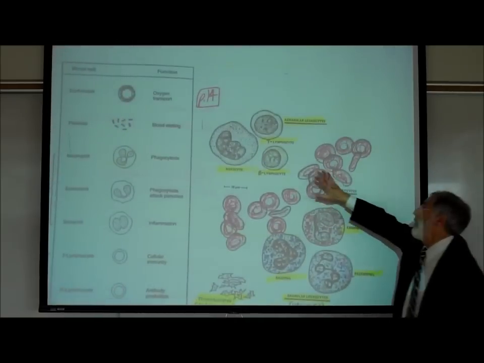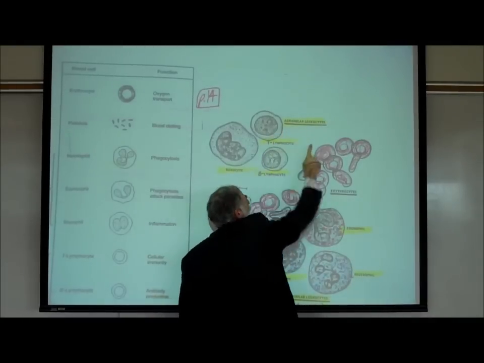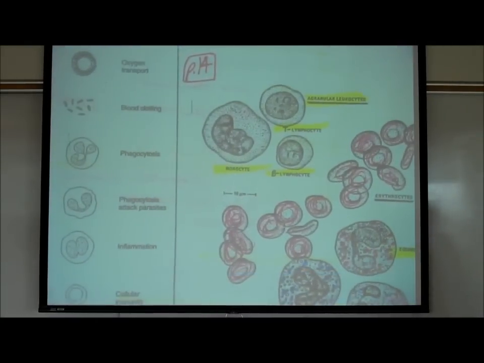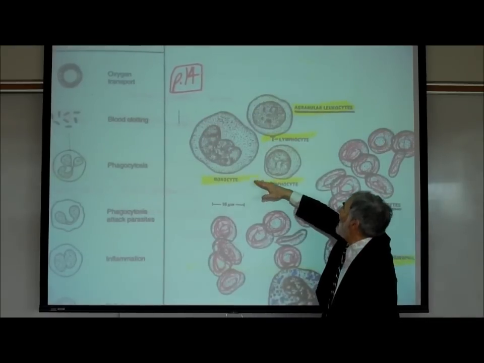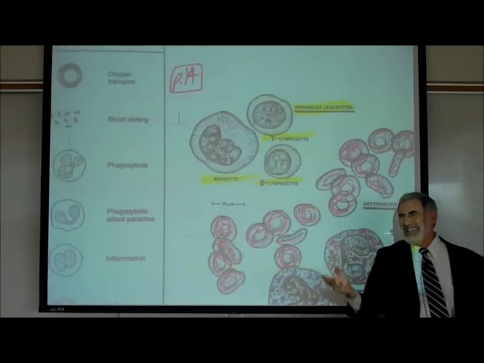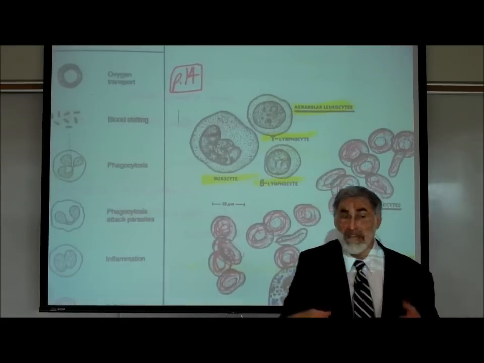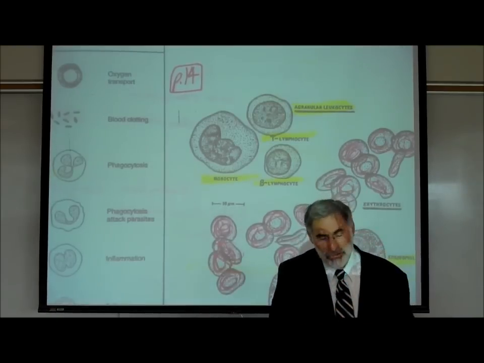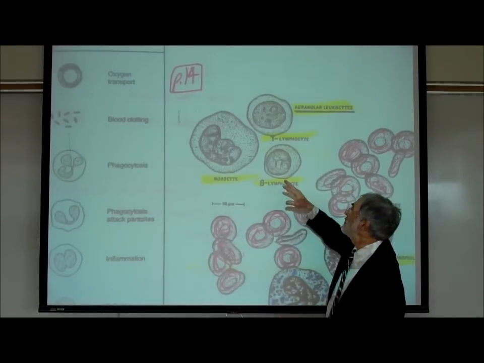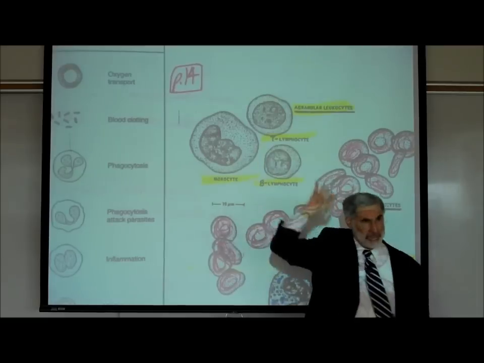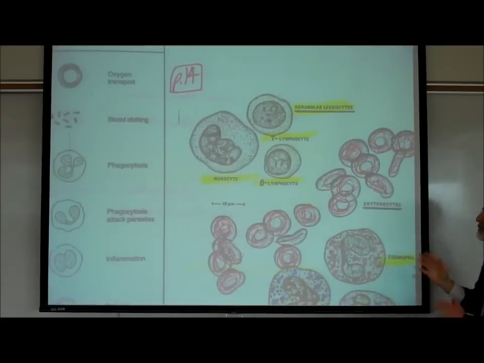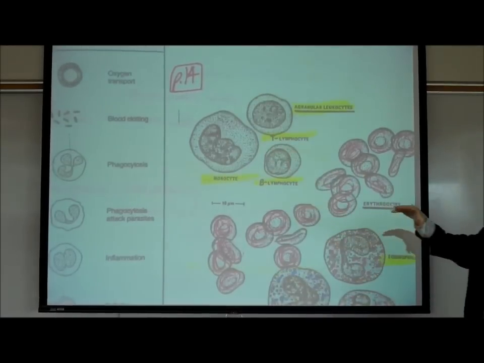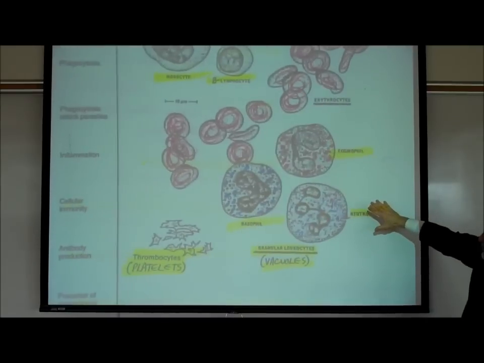Now these white blood cells up here are labeled agranular leukocytes. A means without. They don't have granules. Now these include the monocytes and the lymphocytes. Really, it's not that they don't have vacuoles. They do have vacuoles. It's just that the two dyes they're using to dye the blood cells are not absorbed by the vacuoles in these cells. So this allows them to differentiate between this group of white blood cells called agranular leukocytes and this group called